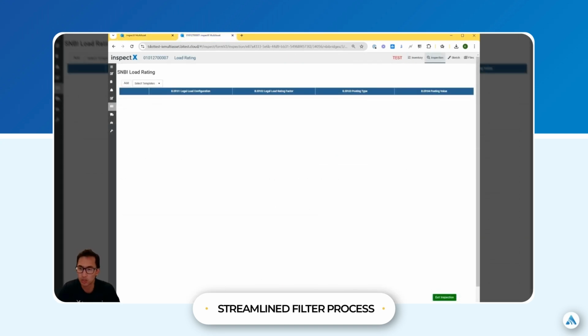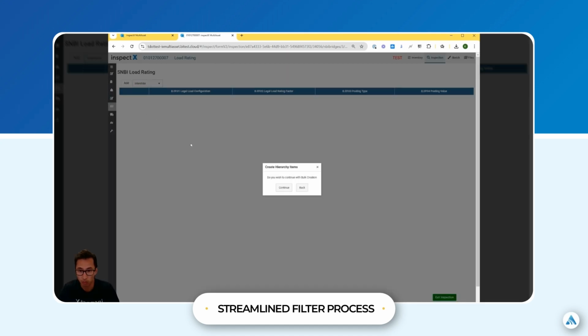And finally, a special shout out to the Tennessee DOT for their contribution to a very useful feature. You can now apply bulk template creation for many-to-one tables within inspections. For example, for SNBI posting evaluations, we have added templates specifically designed for Tennessee DOT. So we click on the drop-down here, and you will see 3 pre-configured templates. And when you select one template, let's say interstate, and when you hit continue,